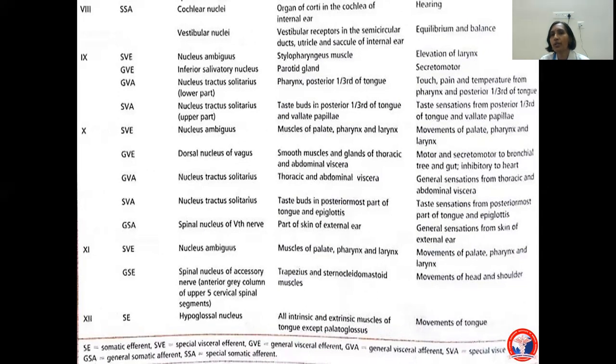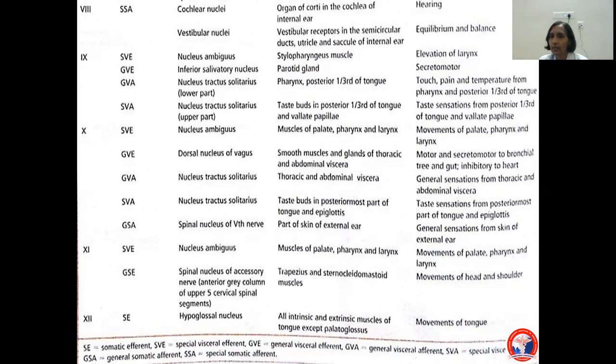They relay in the otic ganglion, and the secretomotor fibers innervate the parotid salivary gland. The general visceral afferent component is represented by the nucleus of tractus solitarius. In the lower part, the fibers go through the glossopharyngeal nerve and innervate the posterior one-third of the tongue and the pharynx. They receive not only the taste sensation but also the general sensation such as touch, pain, temperature from